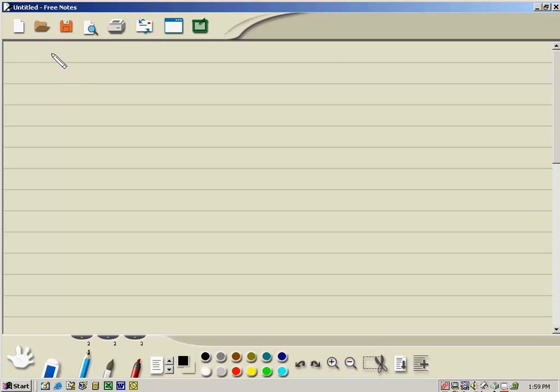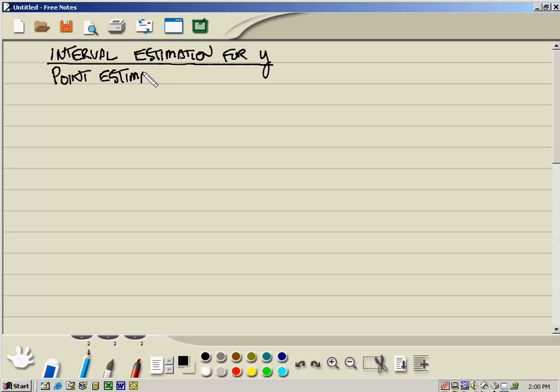Let's now introduce the topic of interval estimation for the y variable. Alright, and before we do that, let's just give you a quick view of the point estimation for the y. Alright, the point estimation,